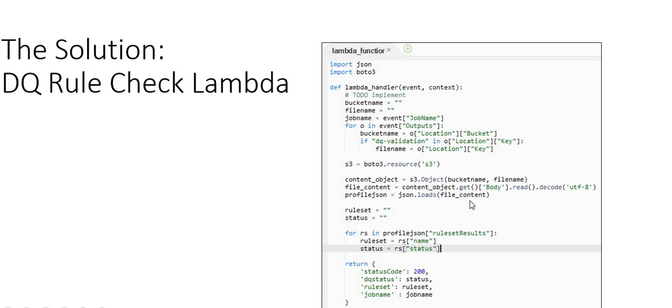My content is in JSON format, by the way, so I'm simply populating it to a variable. So far I have done a very simple thing. I've tried to fetch my job name. Then I looped through my output to look for an output where data quality